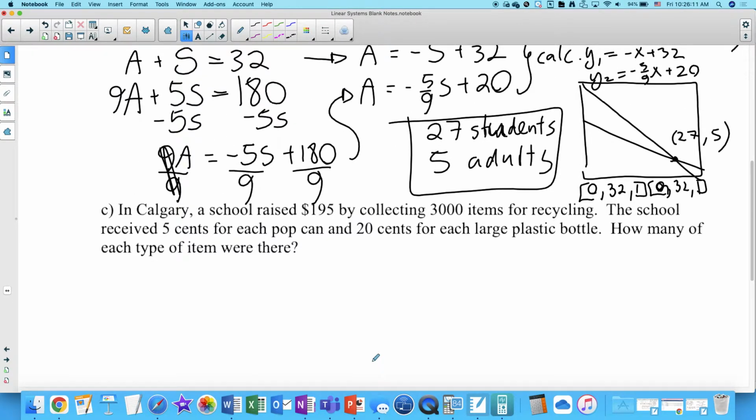Yeah, Anna. The pop can and the plastic bottle. Yes. What specifically about the pop can and the plastic bottle? Yeah, how many of each there were? Exactly. The number of each, right? So let the number of pop cans be P, and let the number of bottles